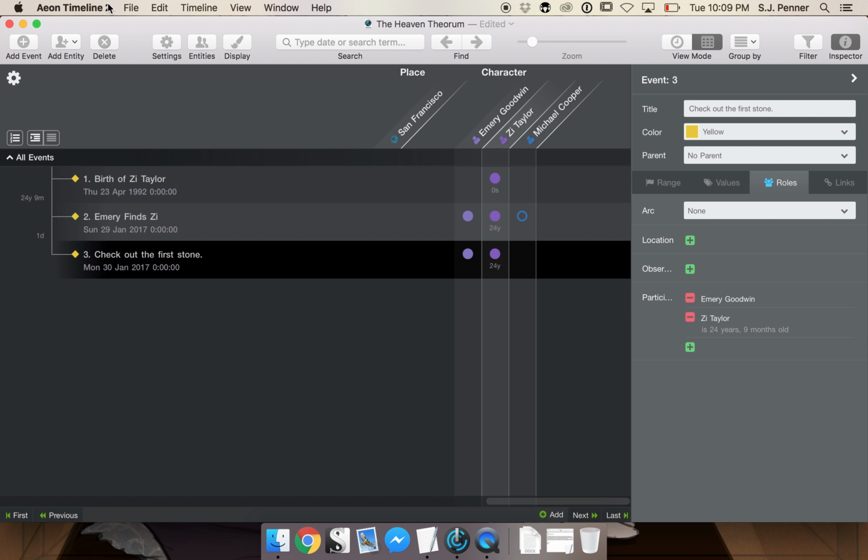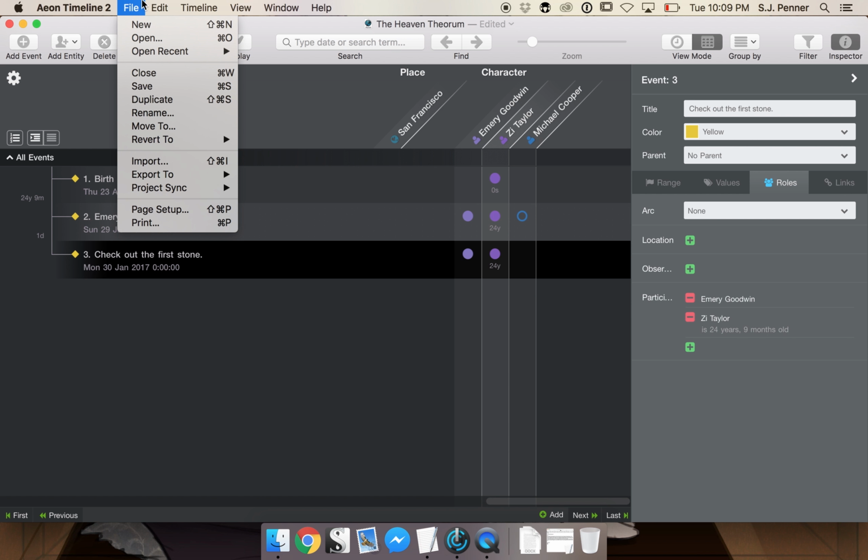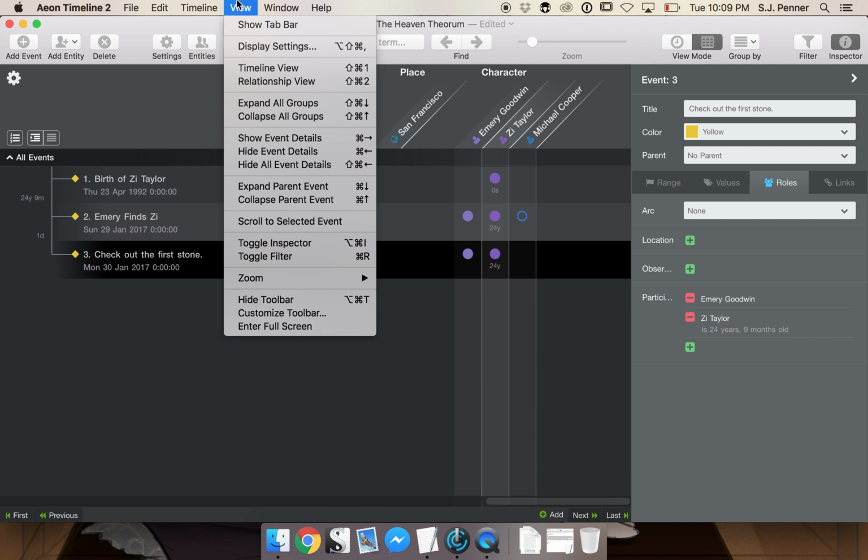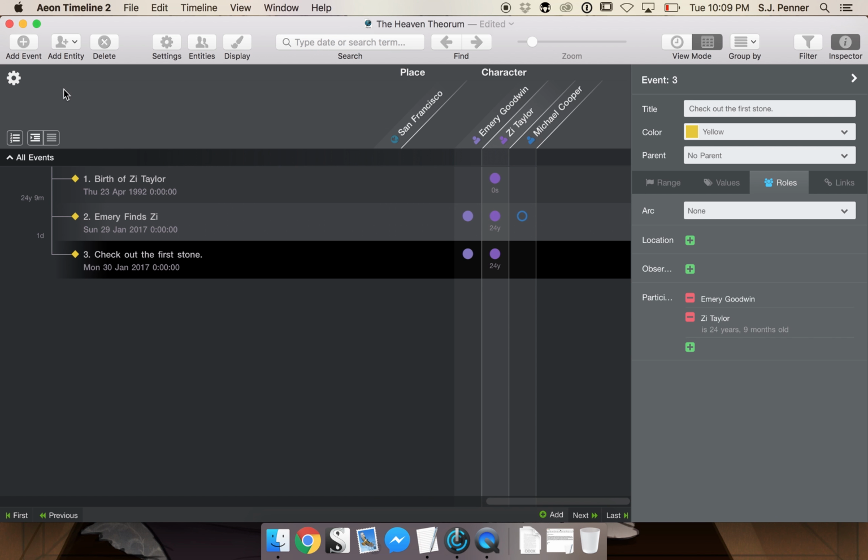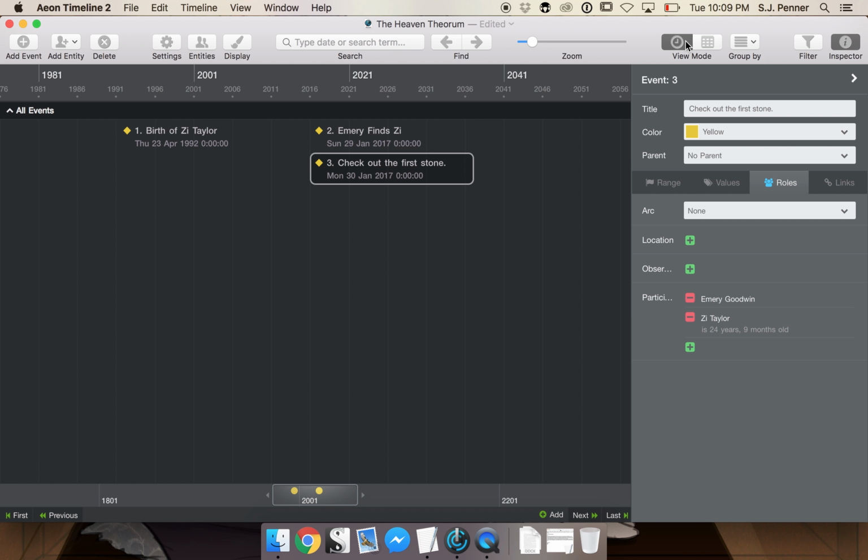Like I said, it is almost impossible to name all of the fun things that you can do with this particular program. But when it's broken down to its smallest pieces, it helps you build a timeline. That's all it does. So I hope that by watching this, you are a little bit more calm about it